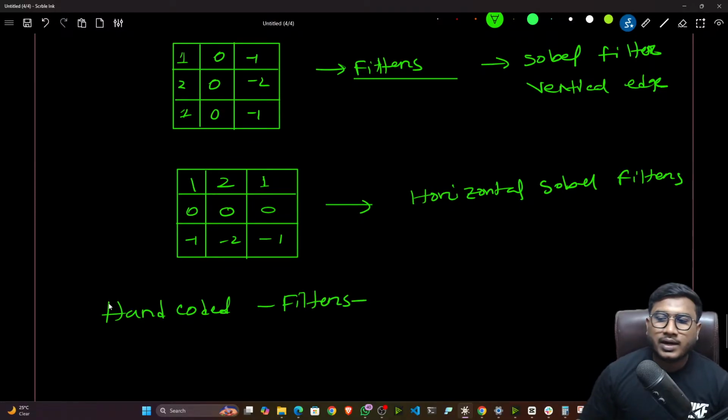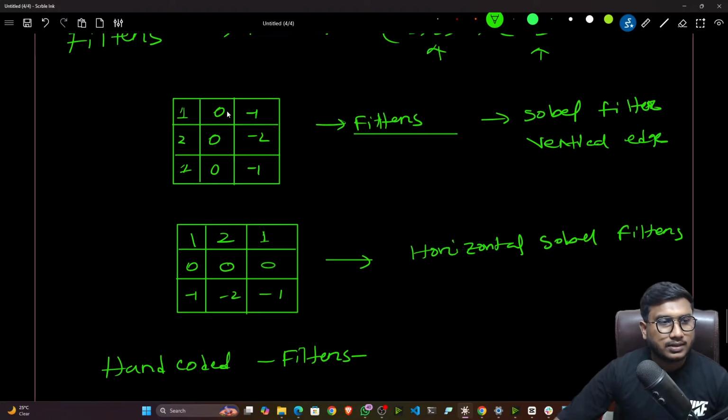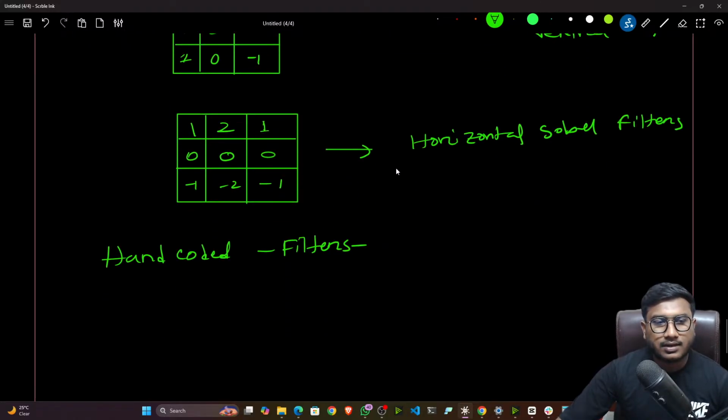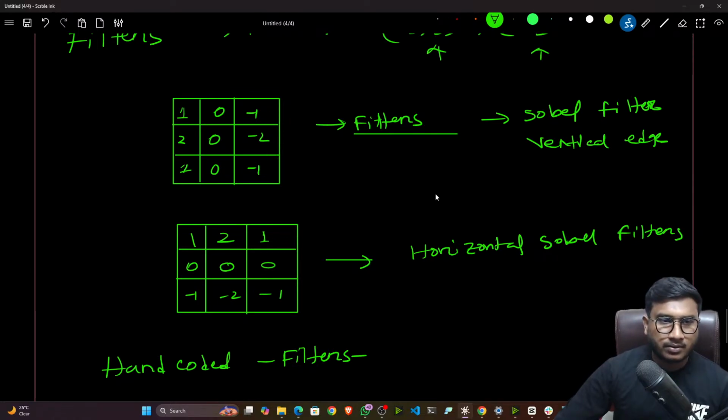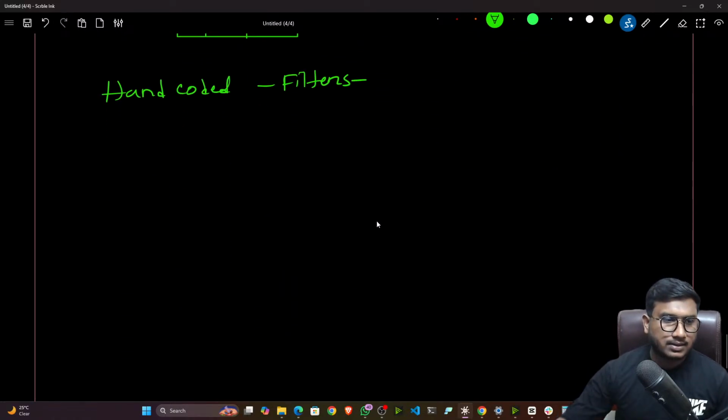That means someone has already defined the numbers here by doing some experiments. They did different experiments, then they got to know that this filter can extract vertical edges, and these filters can extract horizontal edges. Then they gave it a name, which is nothing but Sobel filter. Okay, like that. But in CNN